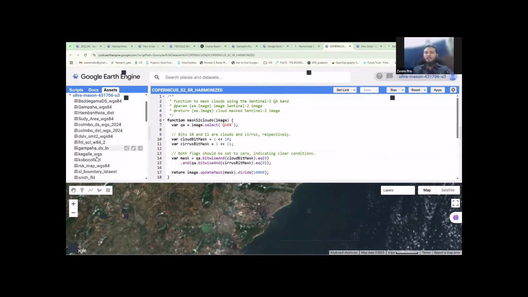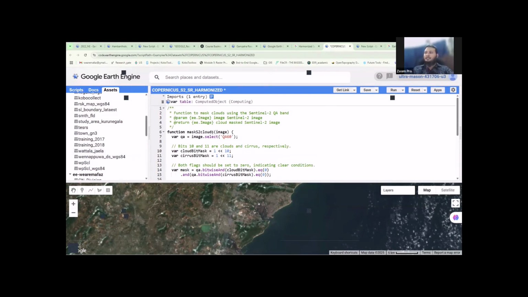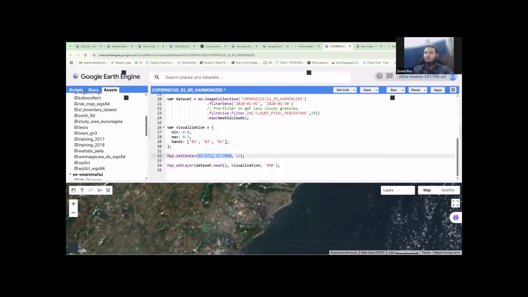We'll use somewhere in Battala. I have a data source from Battala. We can import from this arrow. If you click it, it will be imported over here as a table. It is the outer boundary of the dataset study area. What we can do is remove this part, delete this part, and we just need to add map,